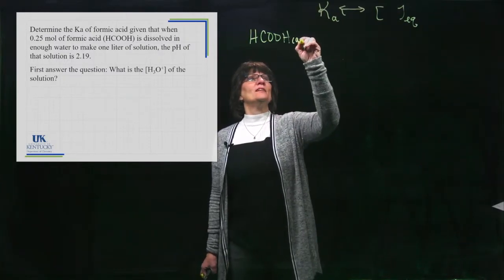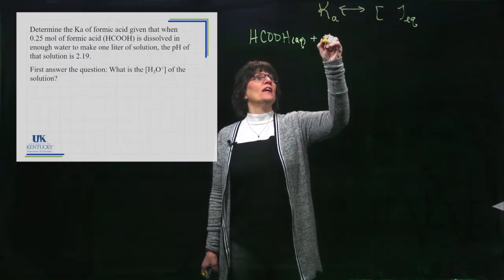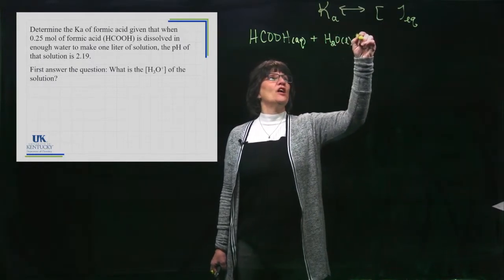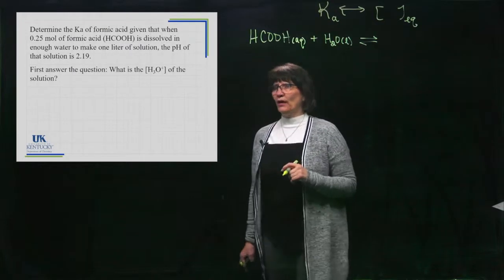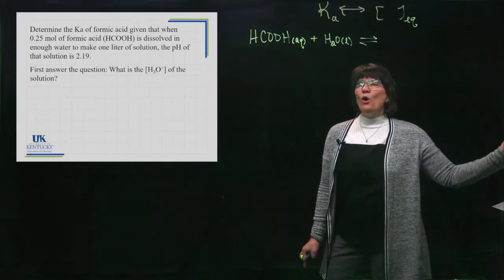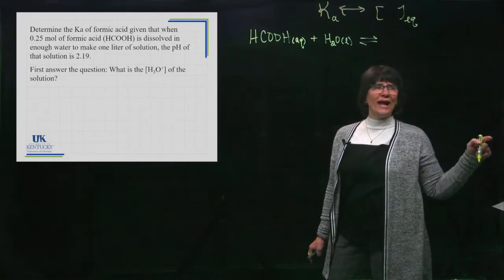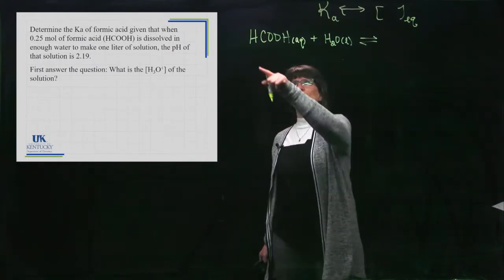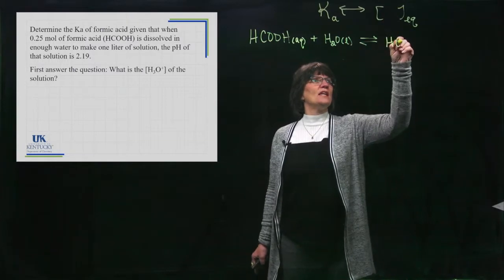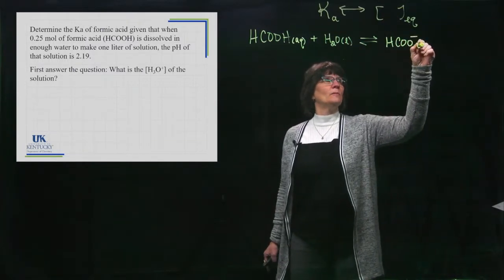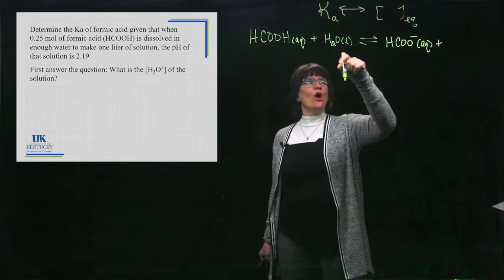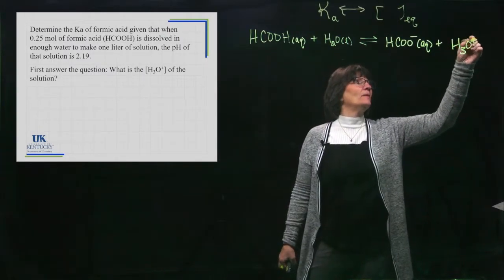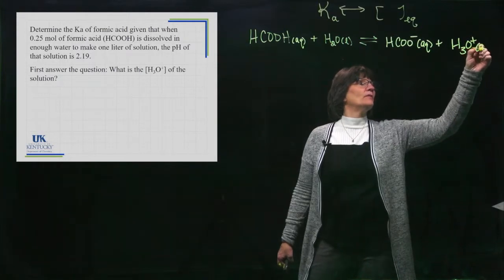So that gets placed in water, and you ask yourself, is that on the strong acid list? Well, it's not. So that tells me I need to do reversible arrows. Remember, you always have to write your own reactions when you're dealing with this acid-base chapter, and it's just a proton swap. So we have HCOOH, and we have water accepting that proton, and its conjugate acid is H3O plus.